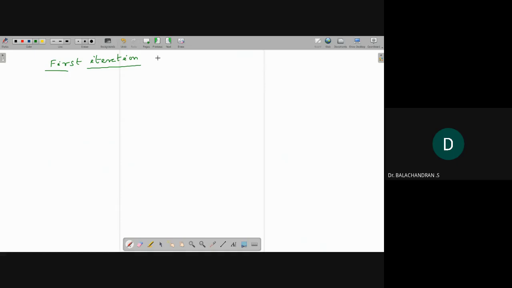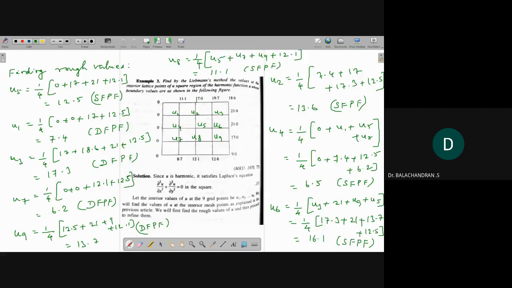So to obtain all values by the standard 5-point formula. Now U1 power 1. This one denotes the first iteration. So 1 by 4. I don't have the diagram here. So for U1, you should use